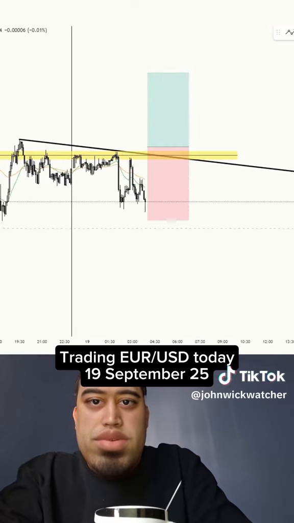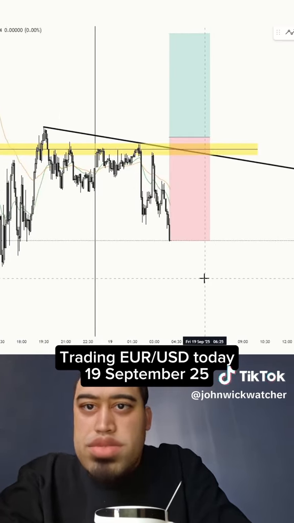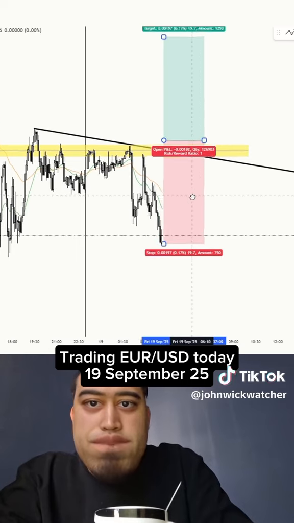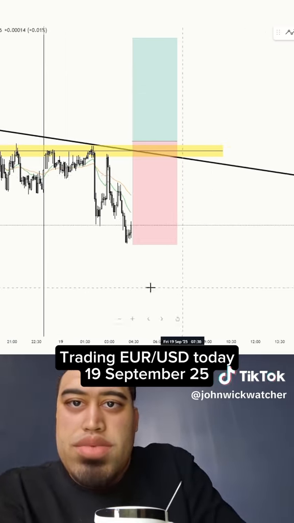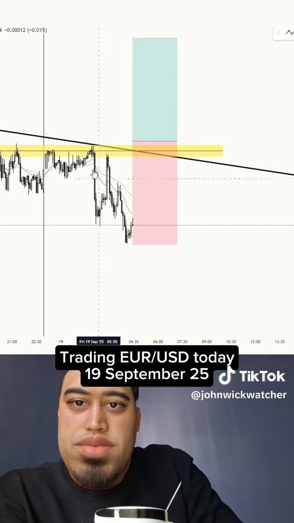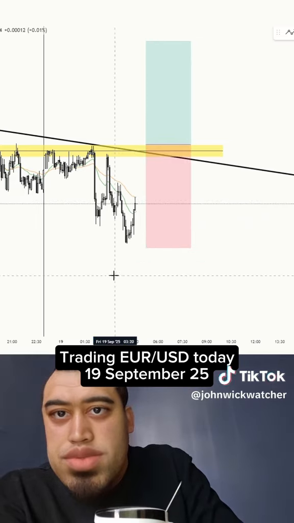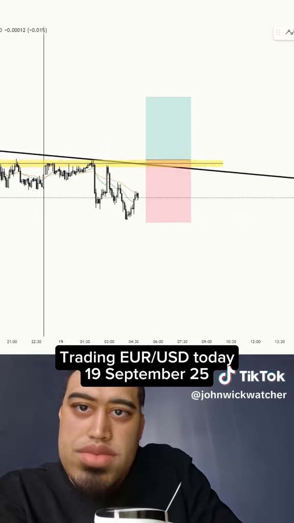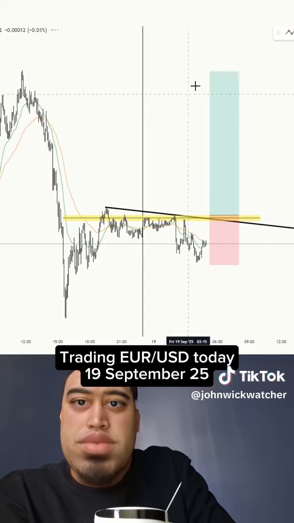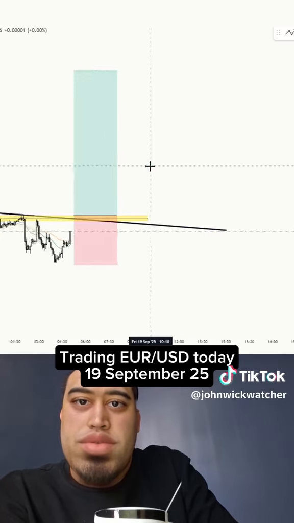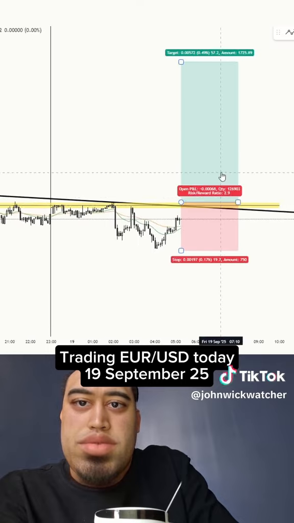Okay, so once it breaks that powerful two-touch trend line and that resistance area, we've got two powerful confluences, and I've also added in my EMAs as well. And once the EMAs cross over, that's an additional confluence that it's going to be bullish. And the best part about this move is we're going to get about a 1 to 20 risk to reward in this one, because whatever happens on the left must happen on the right. So we're going to wait for it to take out that swing on the left hand side. There we go. So that's a 1 to 20 risk to reward.